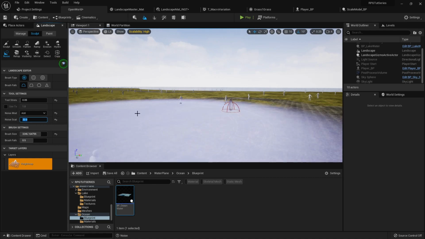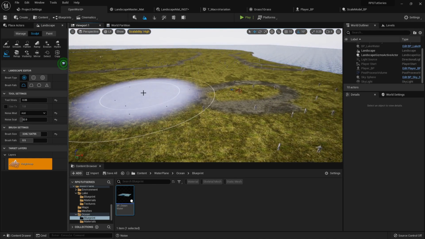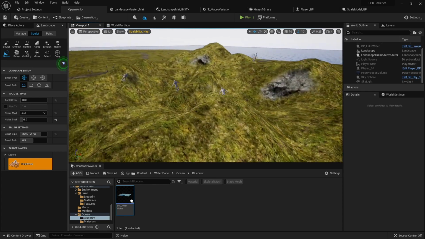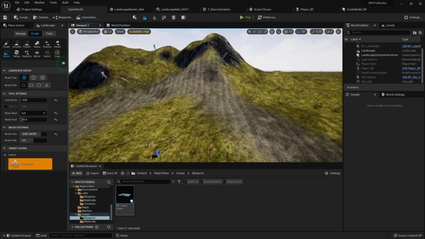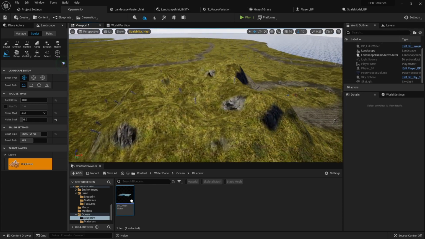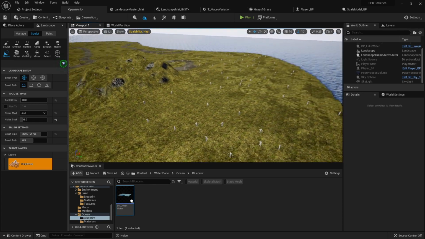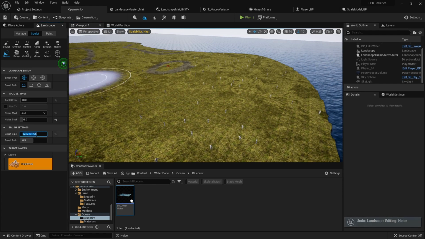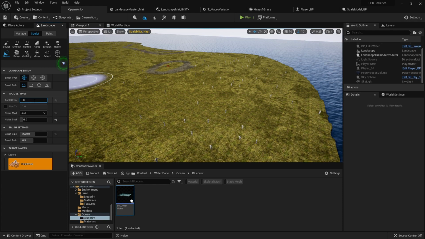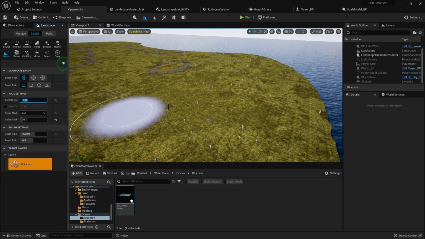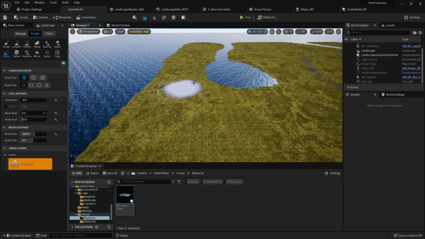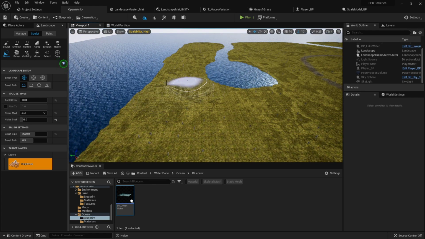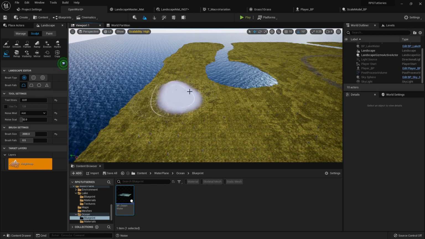So if I set it to like 32, then you'll see it adds more variation to the elements, but it's not as smooth. That one works pretty well if you're doing a mountain. So let me set my brush size to 2000, my tool strength to 0.01, noise scale to 32, and then when I come over here and I just scuff it up a bit,